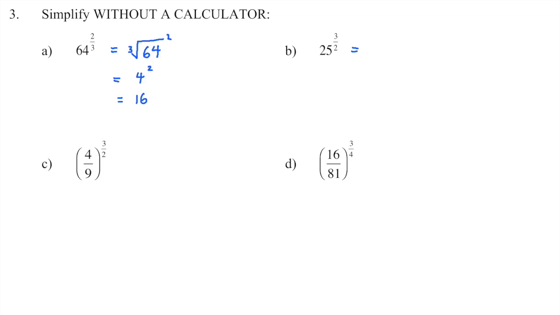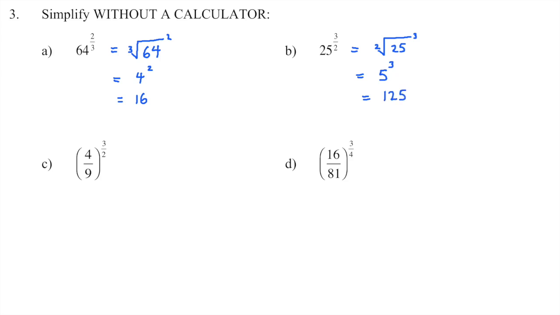Question number 3, part B. 25 to the power of 3/2. 3/2 is a fraction, so I know it's going to be 25. Now the bottom of the fraction is a 2, so the bottom sits on the seat. Put the 3 there. The square root of 25 is 5, so it becomes 5 cubed. 5 times 5 times 5 is